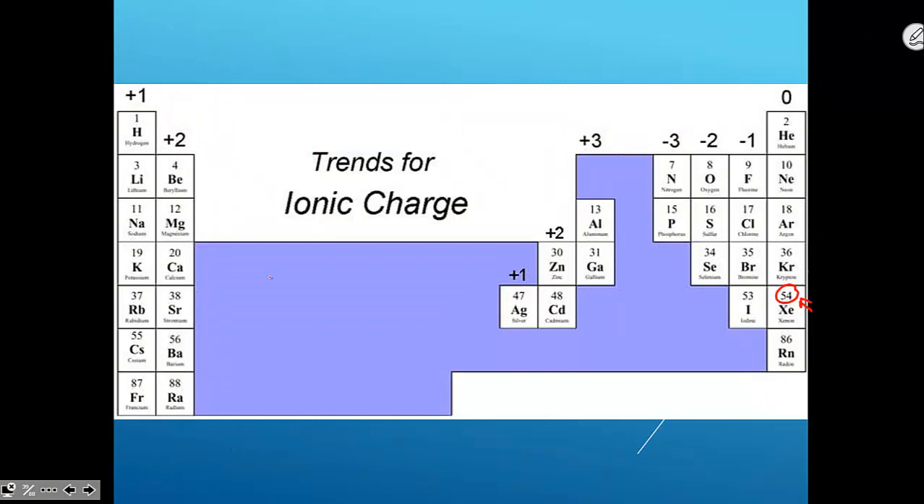Transition metals develop all sorts of odd charges, and we'll talk about them later. There are some you do need to know though. Silver, zinc, and aluminum always have the same charge. It always goes +1, +2, and +3. You're responsible for knowing that aluminum is always +3, zinc is always +2, and silver is always +1 when forming